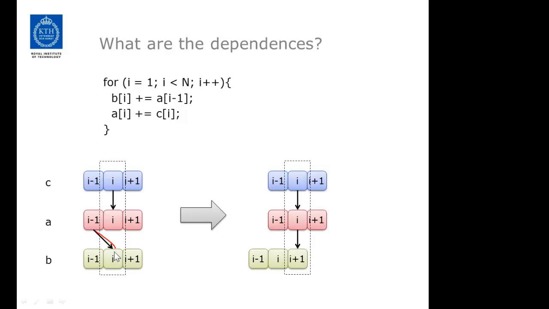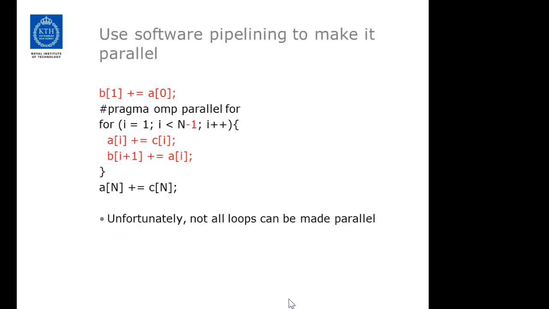This is actually easily fixable if you do this kind of skewing, like shown here. What you want to do is calculate B of I minus 1 before you start the for loop, and then you make a new for loop where you have this kind of dependence instead. You produce a data value to I plus 1, and then you have the same kind of behavior between C and A as before. And this is how you write this. You have to move the storing of the first B element before the for loop. You do one iteration less than before, then you reorder the statements inside the for loop